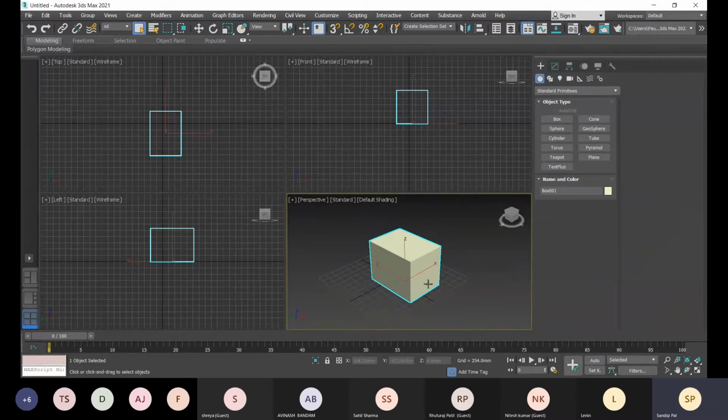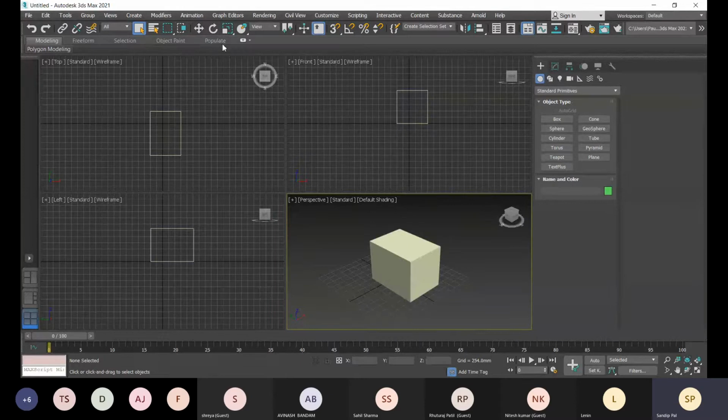So which one is called the gizmo? Here you see, this object is right now selected. If it is not selected, these 3 axes are not showing. Right now the Select Object tool is currently active, meaning this object is selected, and there are Move, Rotate, and Scale. These are transformation tools: Move, Rotate, and Scale.